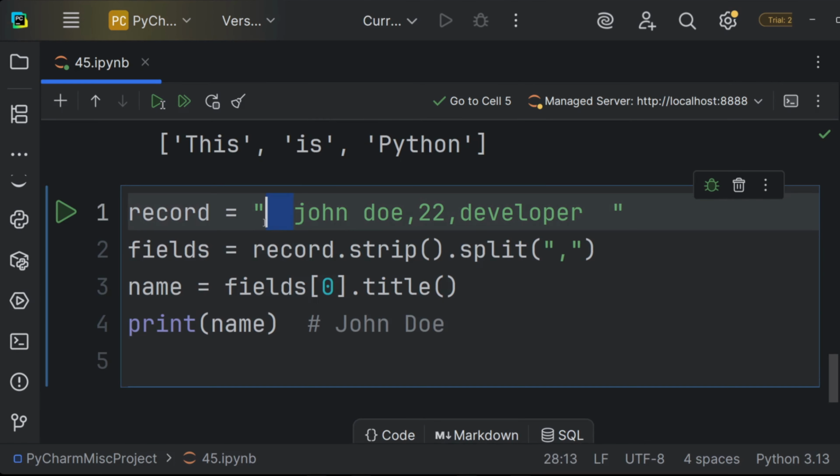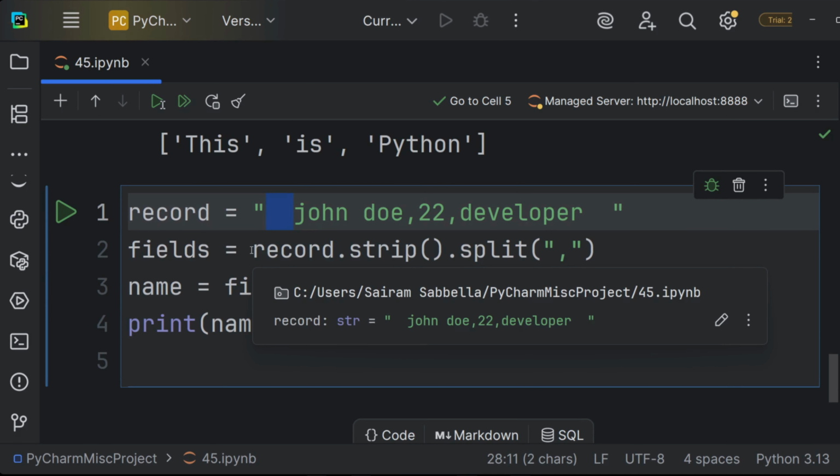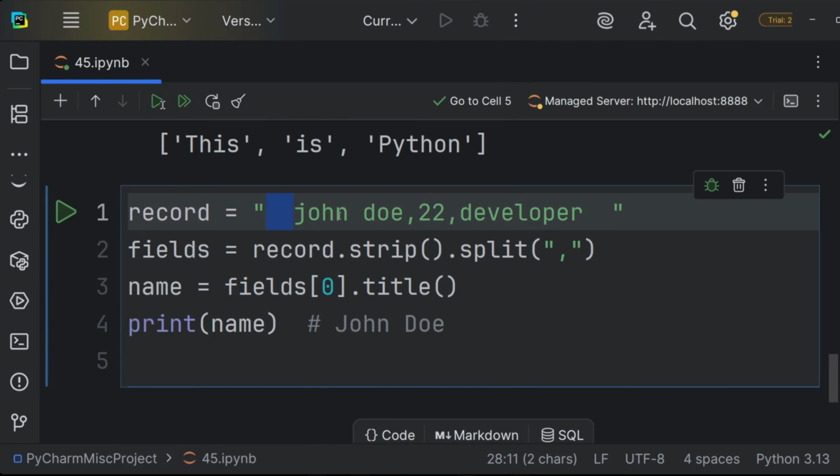Once again, there are spaces at the start, which we will use strip for, and we want to split it into three parts. Now, we have record, which holds all of this messy data, and we're going to clean it using the fields variable. So the fields variable stores all the information about the person. And since we're using the split, it'll all be stored into a list.